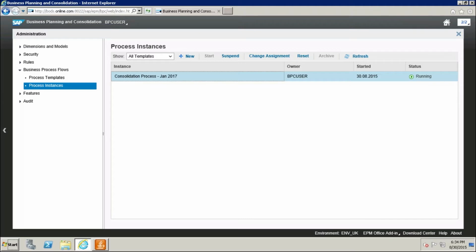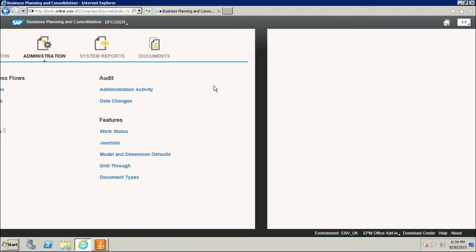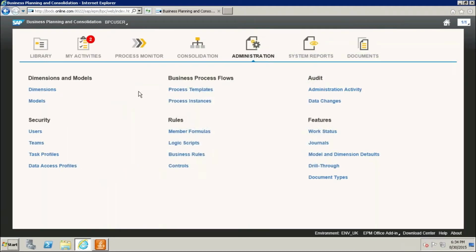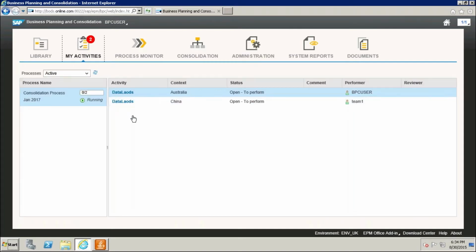So how can the user identify that the BPF was created and the instances were assigned to him? When we log into the web client, this is the page we see. Under My Activities, we can see how many instances are assigned.